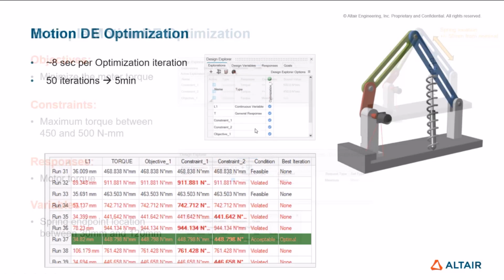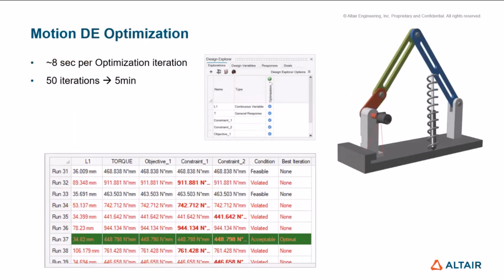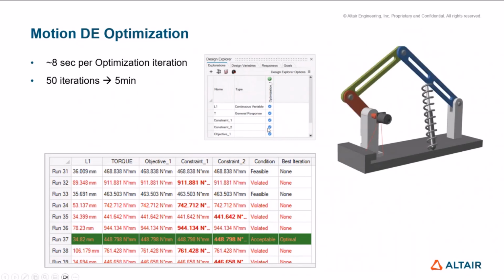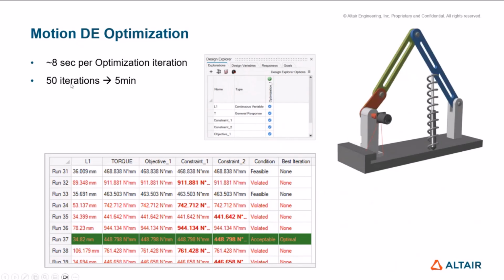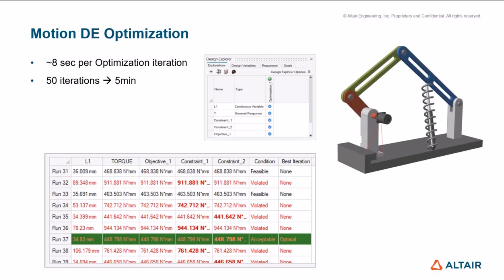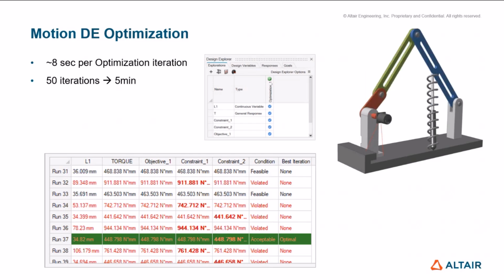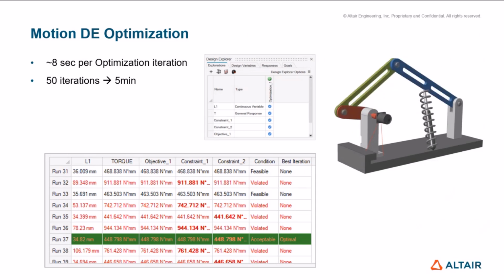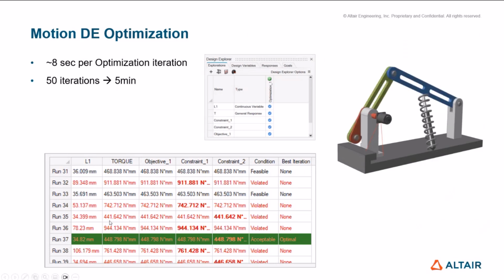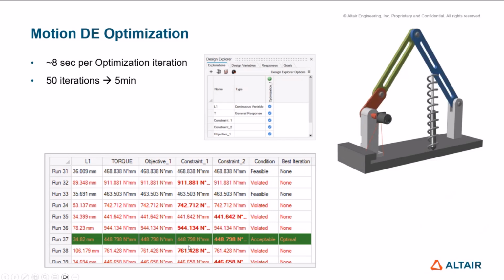And then here's just a look at the output. So in the top here, you can see the optimization that was set up as described in the previous slide. In this case, 50 runs were done. Again, that's the default for the GRSM optimization, but you can change that. But in just about 5 minutes or less, we're able to run an entire optimization and arrive at an optimal